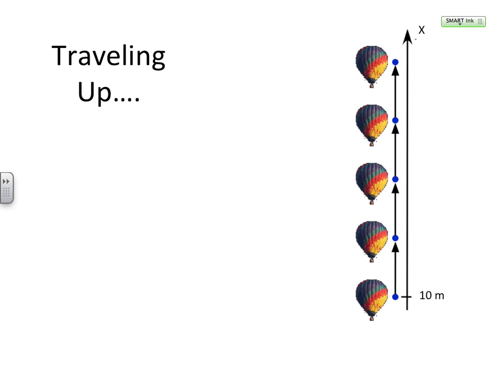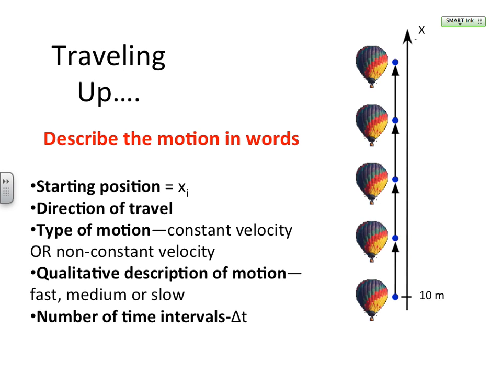Now the other thing that I can do is I can look at objects that are traveling up. And if they're traveling up like this balloon is, just take a look at the motion diagram that gets left behind. And I want you to think about a description. Now remember how I said at the beginning you can describe the motion in words. You can describe with motion diagrams. You can describe with graphs. So if I were looking at this particular motion diagram, and I were going to describe it in words,